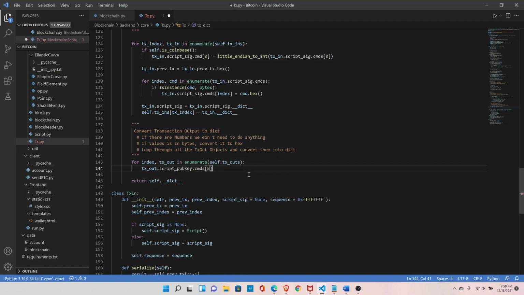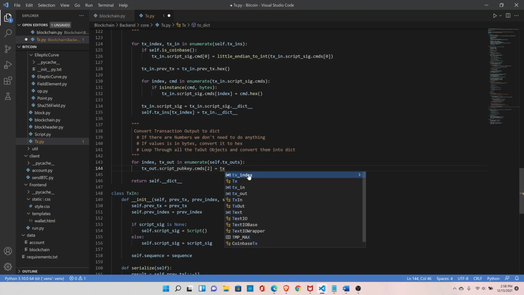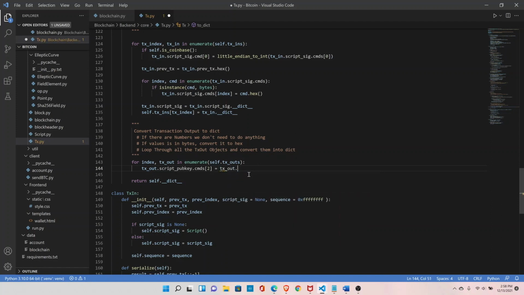We know that here we have the bytes only at the second place in the command, which is our public key hash. So we are just converting that: tx out dot script public key dot cmds 2 dot hex,